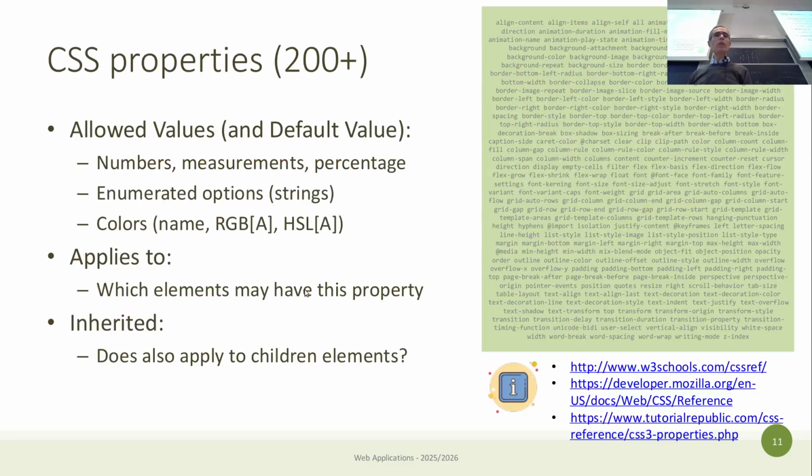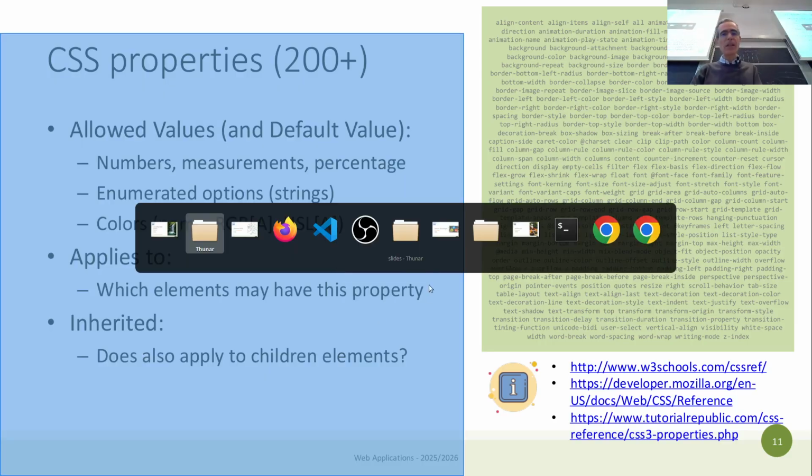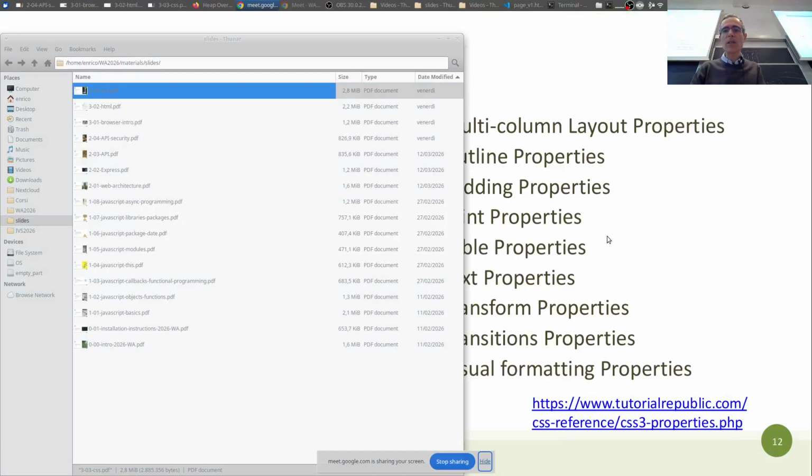There are 200 plus properties in CSS. Most are quite maybe exotic, in the sense that